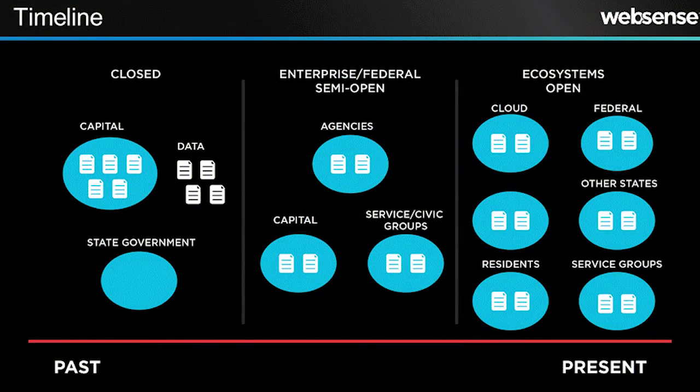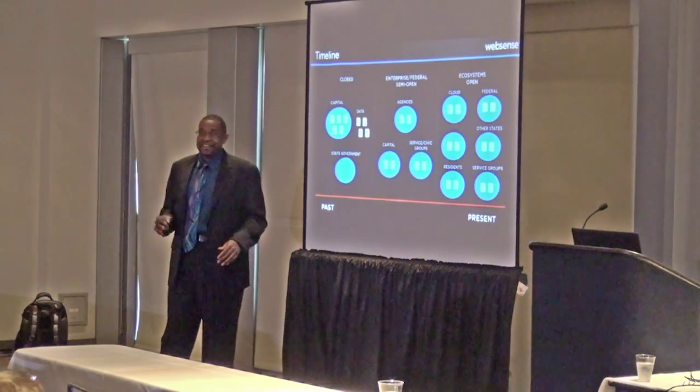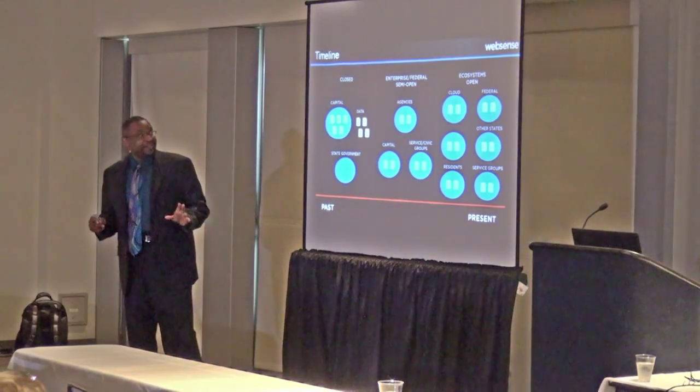So when we look at a timeline and what I call past and present, I've spent some time in government entities, and from my perspective, this is where we've evolved a little bit. We went from a closed type of network systems where we only had to share with the agency that we were in and worked with, and all was good. We didn't care what the state did. We didn't care what the Capitol did. We just had data hanging out there, and it was all fine. We didn't need to share.